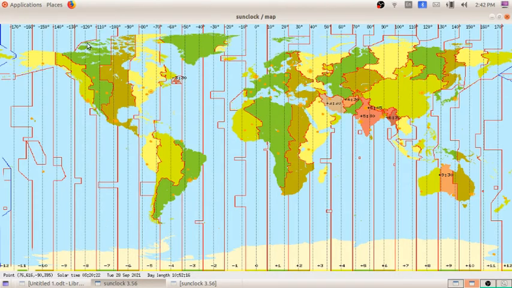Again I am going to 120. Click here on the 120 longitude line. It is 1:22. In the same way, I moved to the west direction, and now I am moving to the east direction. So that means I am moving to the right side.